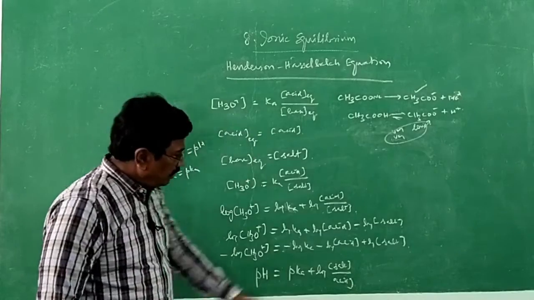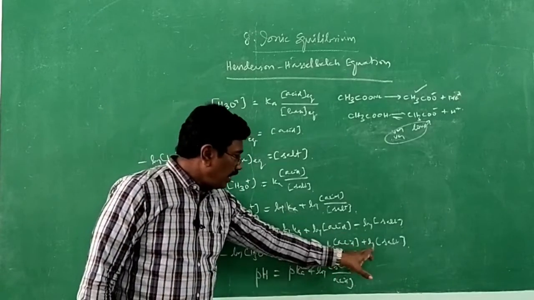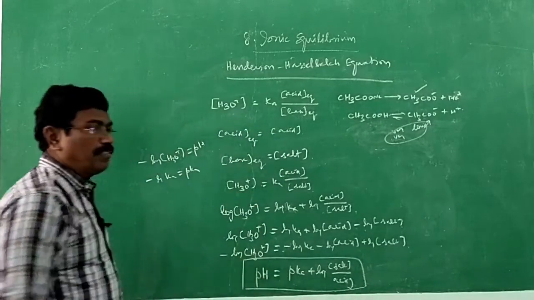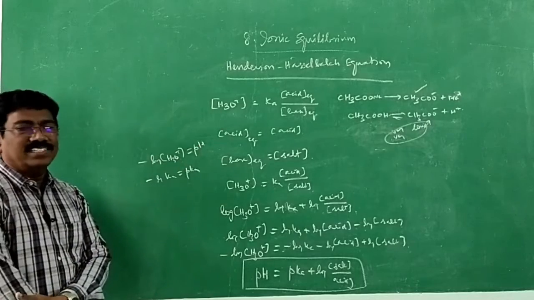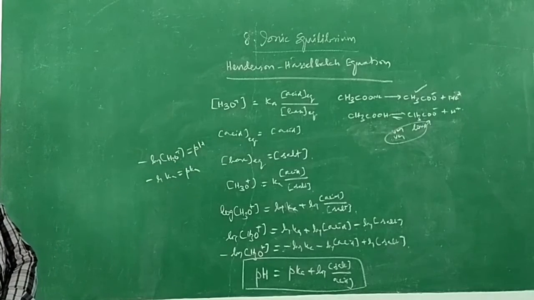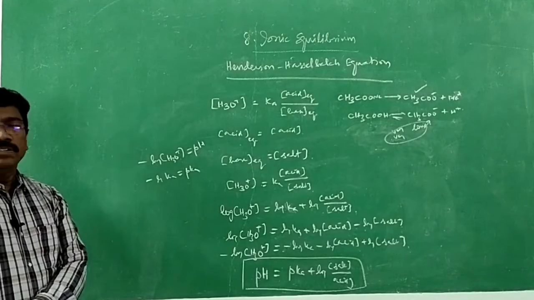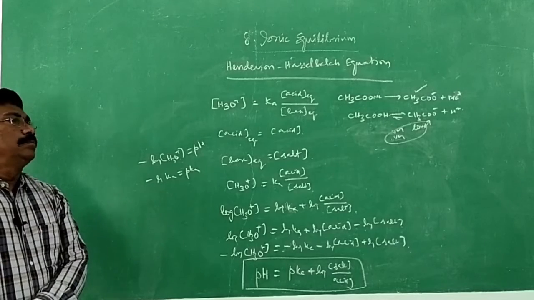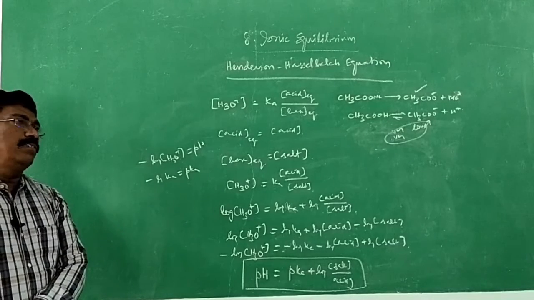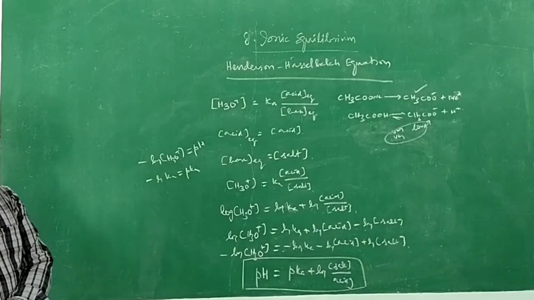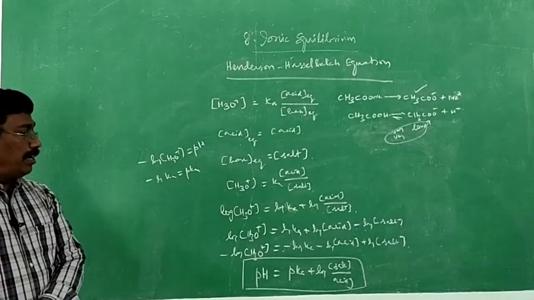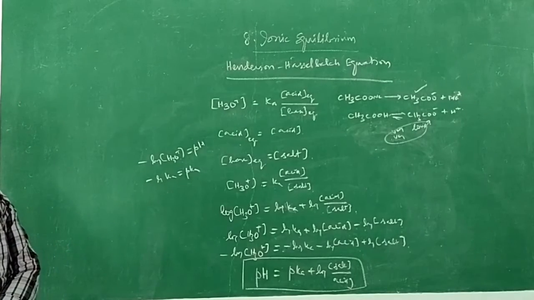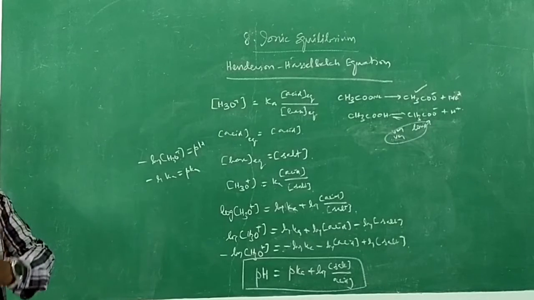Why log salt by acid? It is positive, it is negative. Log A minus log B becomes log A by B. This is how we get the pH of a buffer solution, an acid buffer solution. This equation is known as the Henderson-Hasselbalch equation. An important derivation; problems may be asked from this. All are important. Buffer solution is so important because it is involved in our body, in blood, in our stomach. Buttermilk is a buffer solution. Therefore, buttermilk is recommended to drink to maintain the pH in our stomach.